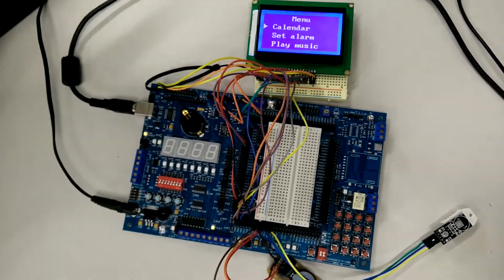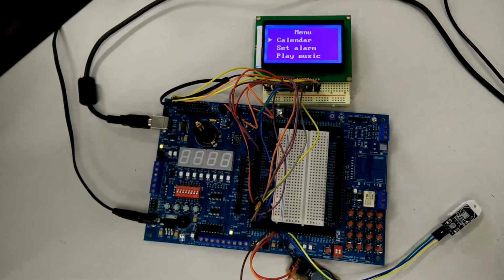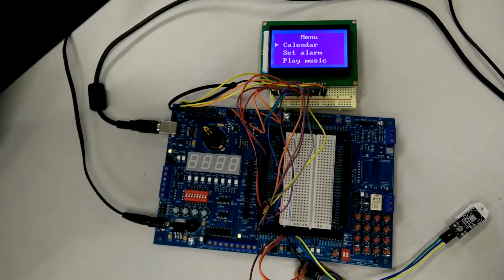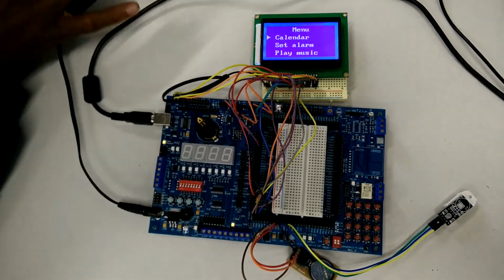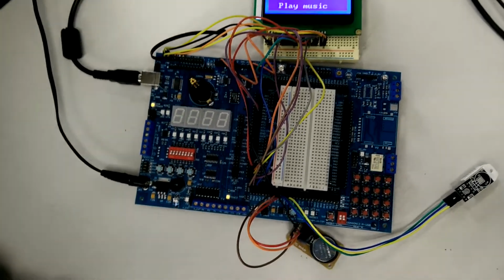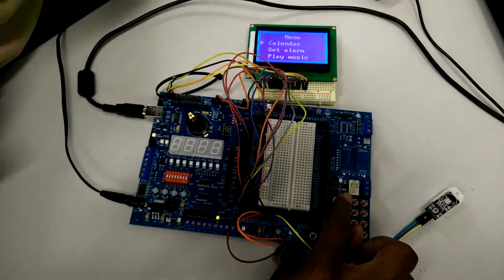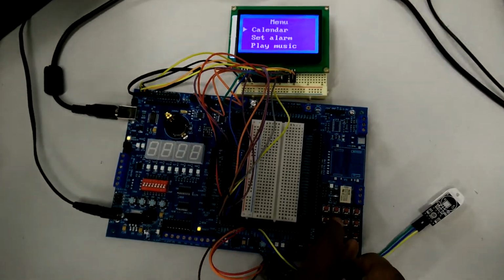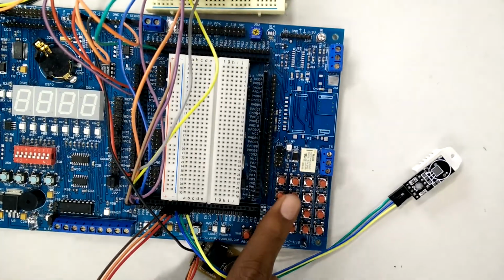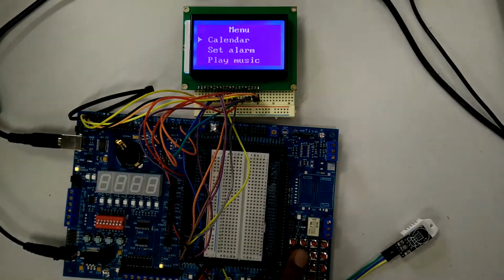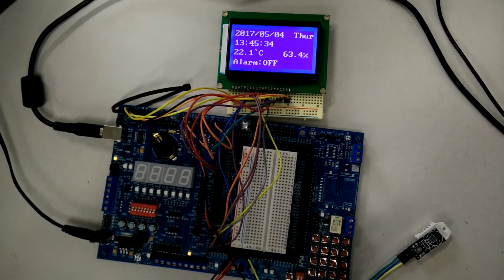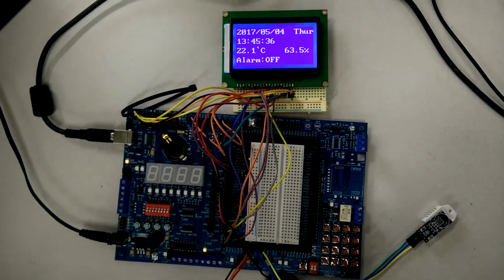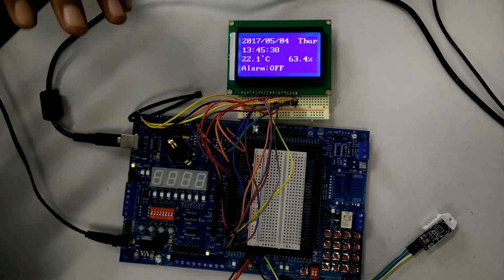Now this simply displays the relative humidity, the temperature of the place, and time, date, and things like that, as we're about to show you. So now this is the up arrow, and remember, the fifth button is enter. And as you can see, like I said earlier, it displays the day, and the percentage is the relative humidity of the room,